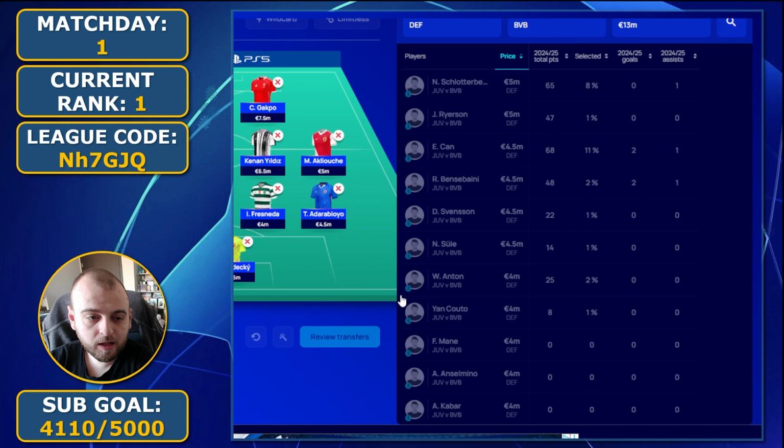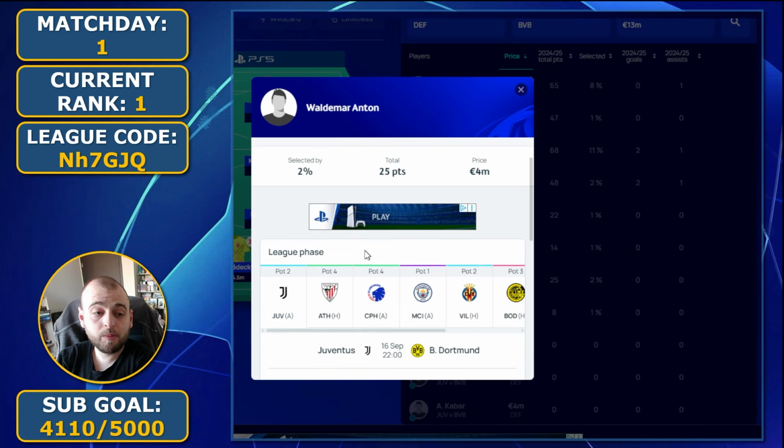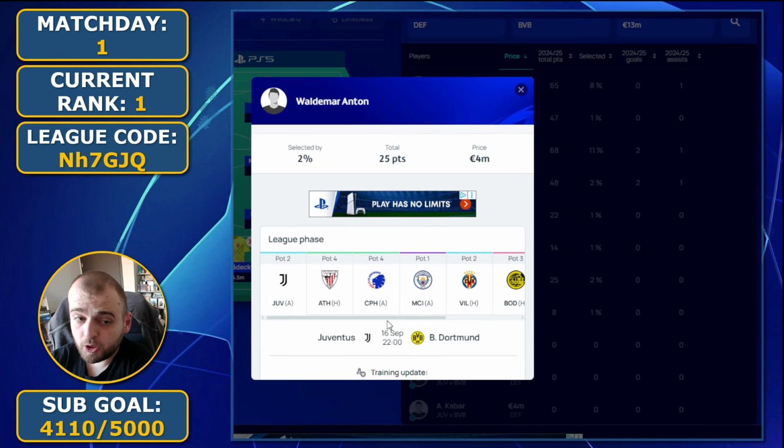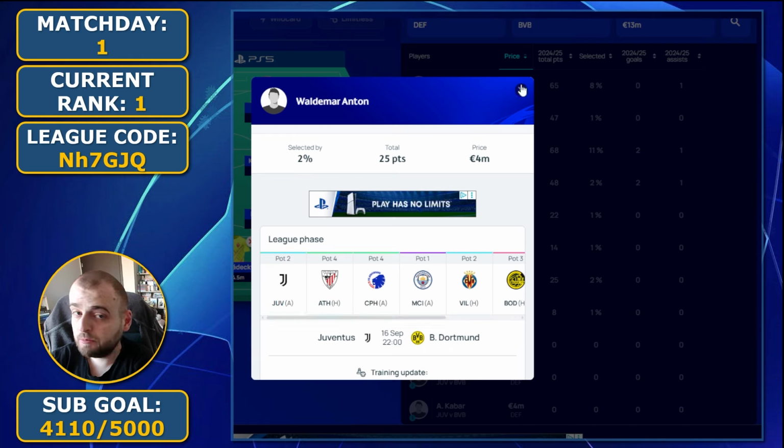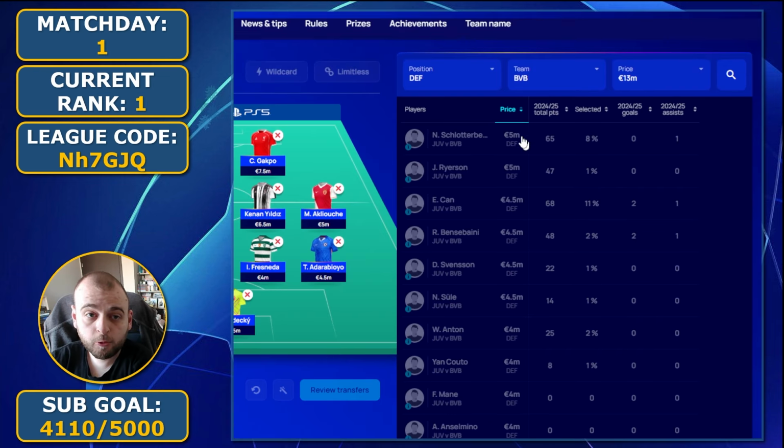But the cheap asset of Anton, I think, is one of the best options this year. Copenhagen and Matchday 3 is the first game where I would consider him, but then after game week 4, I can get him for my team and be happy with the performance. And with 4 million, you're basically paying him the minimum price that you have to pay, so that's a good asset to own. Moving then into the midfield,